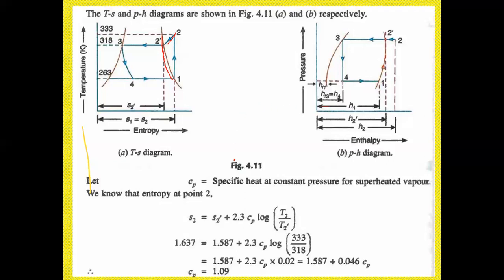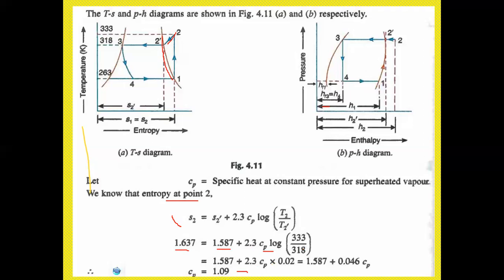Now let us see the Cp, the specific heat at constant pressure, for superheated vapor. Therefore the entropy at point 2, S2, is equal to S2 dash plus 2.3 Cp log T2 by T1 dash. Substituting the values of S2 and S2 dash, 2.3 Cp and 333 divided by 318, we get the value of Cp specific heat. Cp is equal to